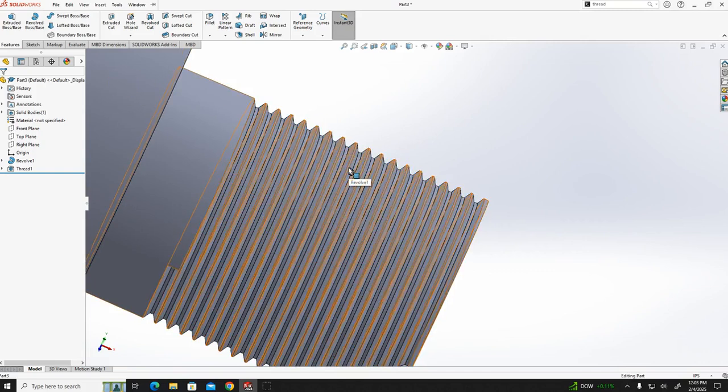Okay, so that is the meaning of threads per inch, TPI. It means 12 threads will be there per inch. So in 1 inch you will have 12 threads. Okay, so likewise, if you see,